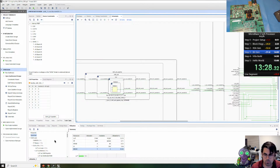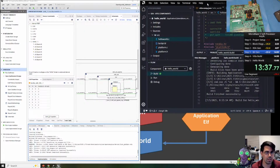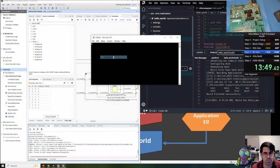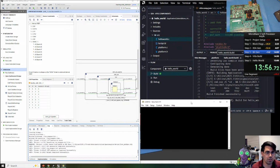Okay, so we are in the right bitstream, so we're almost done. So let me get set up for programming the board. We're going to get TeraTerm connected to that FTDI chip. So there's 3 UARTs. I'm going to be using the first on port B. We're going to then change the baud rate to this setting. Okay, we are getting close to go. Okay, it's going to take a little bit to finish up the last bit of the bitstream generation,